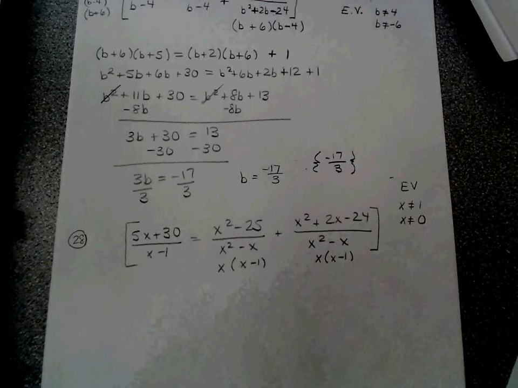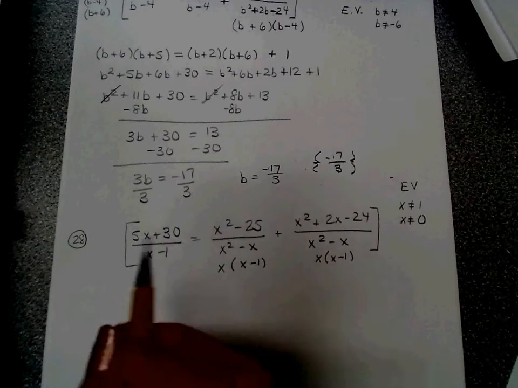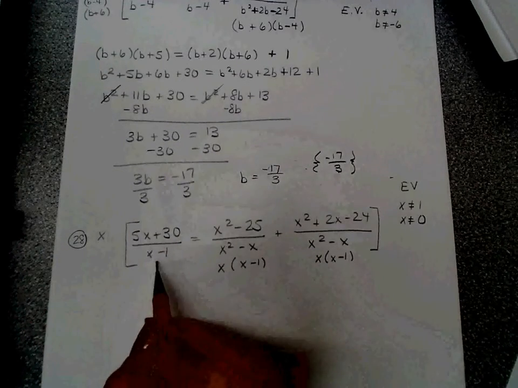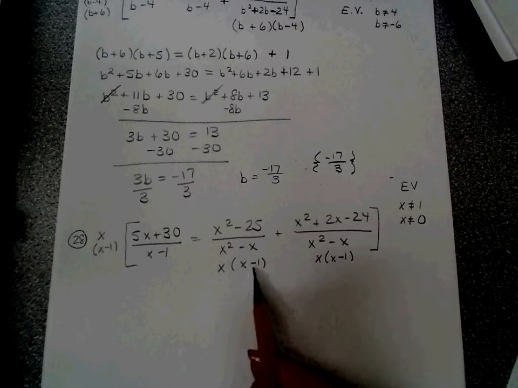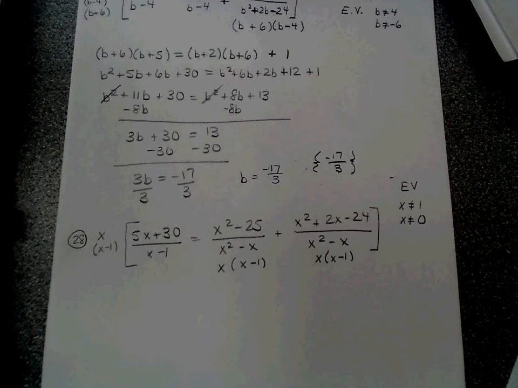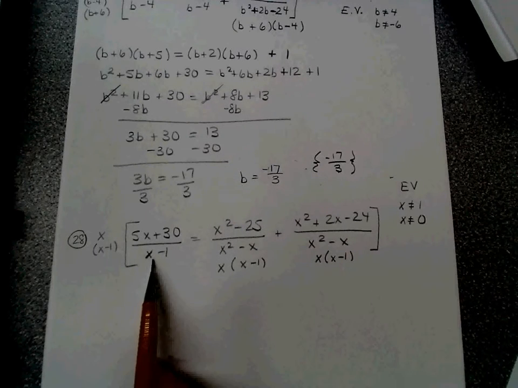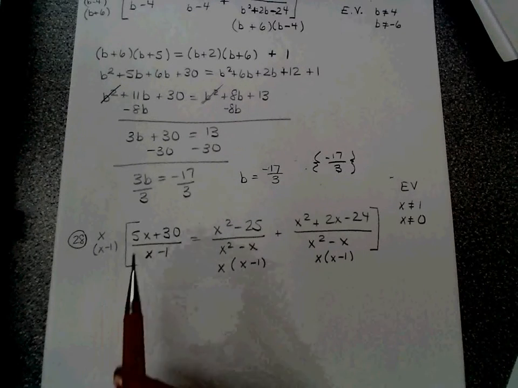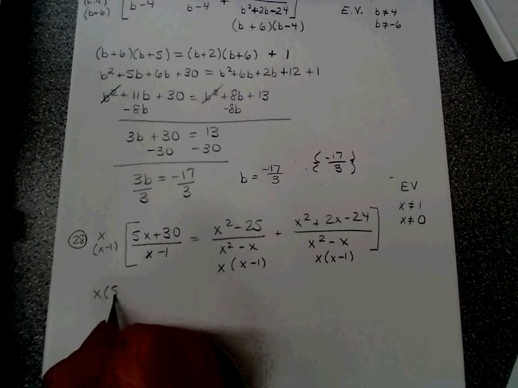And I put my common denominator out in front. My common denominator has to represent every piece in the denominator. So it has to have an X and it has to have an X minus 1. So X minus 1, X minus 1, X minus 1, X, that takes care of all of it. Alright. Now, this X minus 1 cancels that X minus 1. So I have the leftover X times 5X plus 30